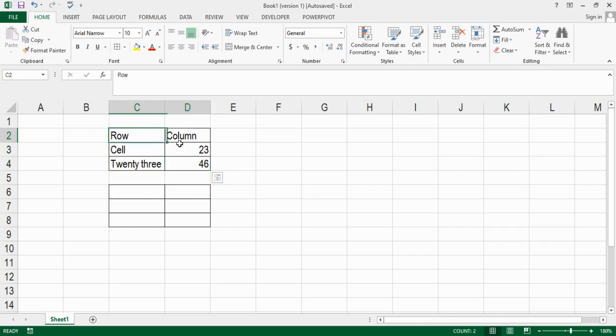Let's really give this one's font. You can give it a yellow background. See, it's a yellow cell color, and then give it